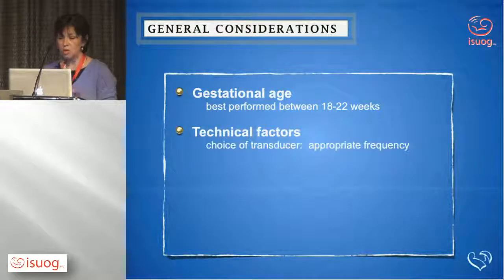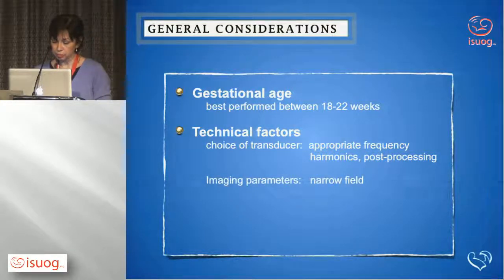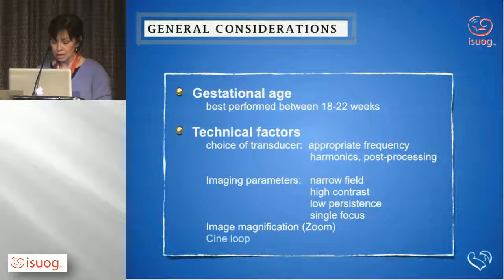Technical factors. Choice of transducer: you need to know which transducer you're going to use, be familiar with them, which frequency. You can use all sorts of post-processing harmonics that your equipment allows you to. You should also narrow your field to increase the frame rate. High contrast, a lot of these come with a cardiac preset if you have that on your equipment. Low persistence because of the very fast heart rate. Single focus. So we don't want to think about all of these in all patients, so have a preset that allows you to do everything. Use zoom to see the structures very clearly, and cineloop. And I think that's an understated